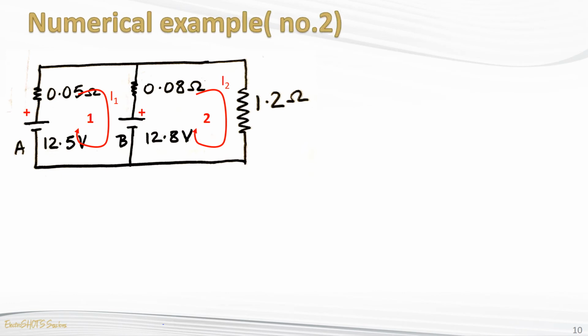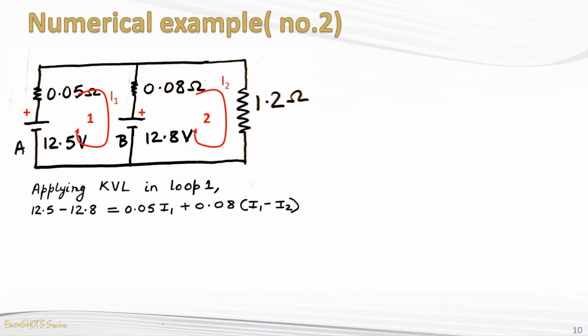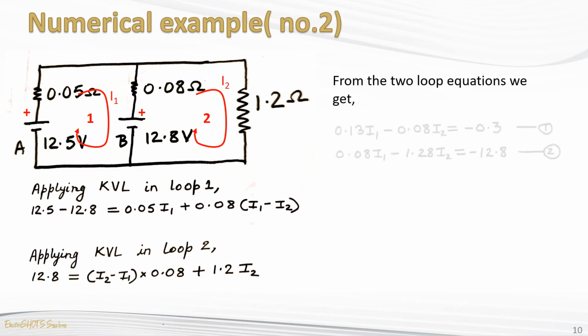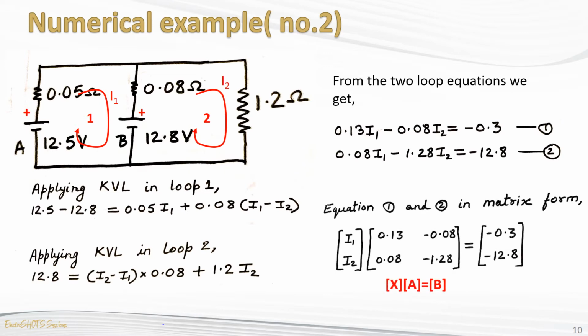Now once the circuit has been made, then we mark the loop currents in the two loops. I1 and I2 are the two currents. The assumed direction has been shown in the clockwise direction, taking into account the polarity of the batteries. Then we apply KVL to the two loops and write the loop equation. Again, I repeat, the method is to put all the sources on one side and all the sinks of the circuit on the other side of the equation.